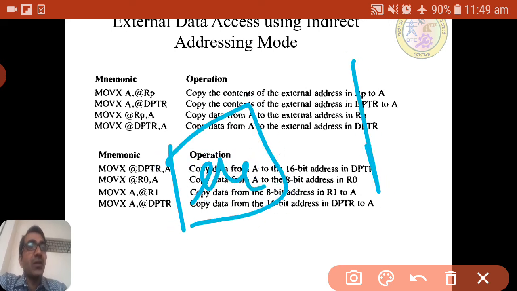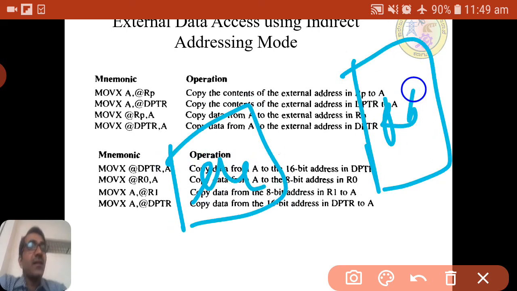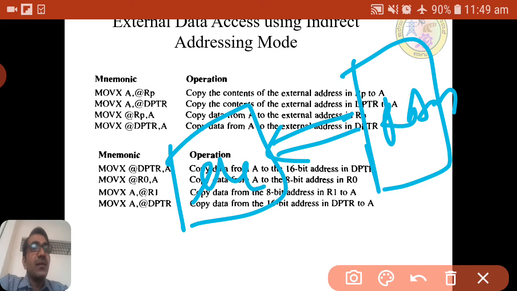Suppose this is the microcontroller and this is external RAM or ROM. So this is reading from external memory, or moving a register to external memory. For these we will use MOVX for RAM.